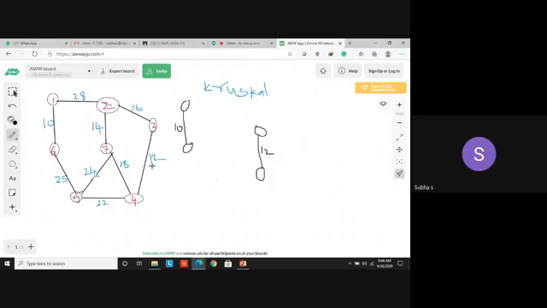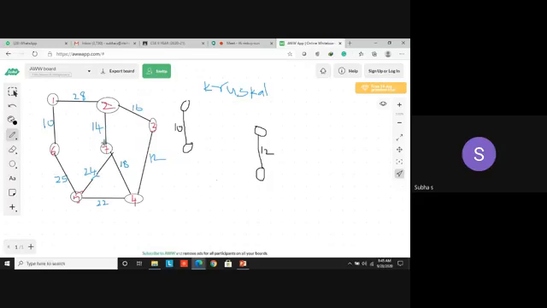Suppose I have the same weight here 12 and also here 12, then after connecting 3 and 4, you have to go with 4 and 7 instead of 18. If I have 12, you can go one by one if the edges have the same weights. Okay, now we do not have the same weight. Next, which edge do you have to choose? The edge with cost 14. Okay, you have to proceed in ascending order, starting from the minimum cost. That is the principle to be followed in Kruskal's algorithm.